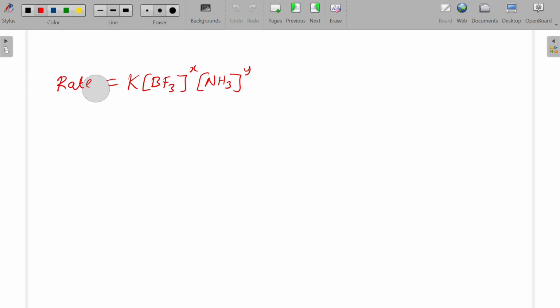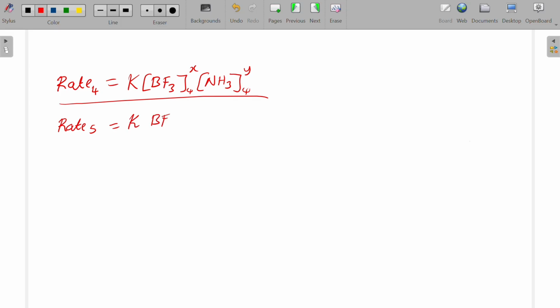Now, this is what we are going to do. So we have our rate law like this. Let's say this is for experiment number 4, and then this is going to be divided by. So we'll say that's the rate 4, and also the concentrations are for experiment number 4. We'll do that. Then this will be divided by the rate at experiment number 5, which is equal to, again,